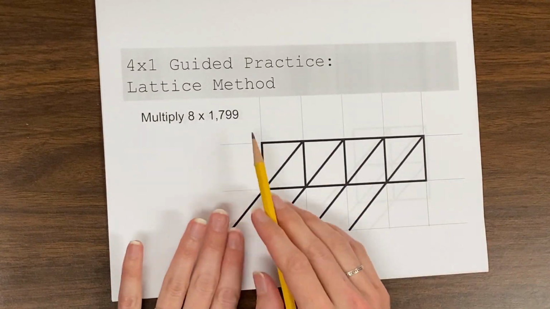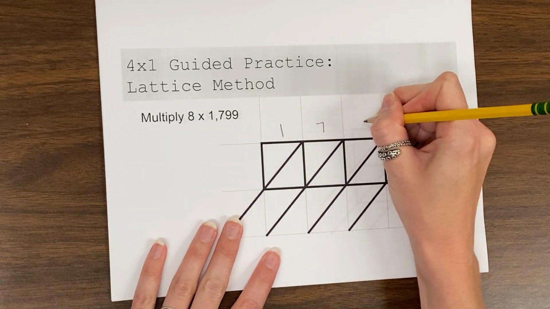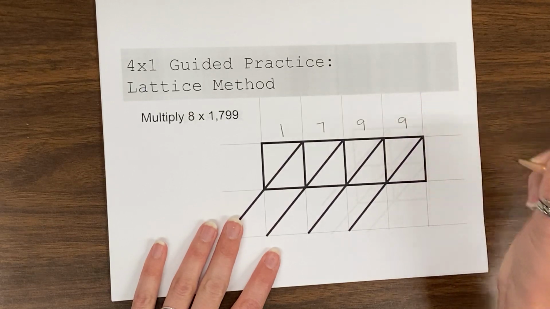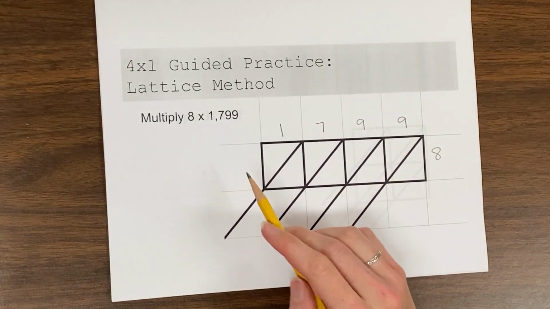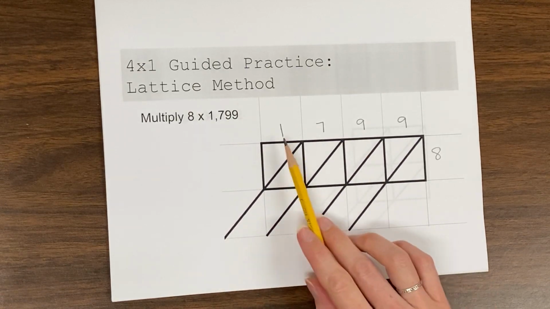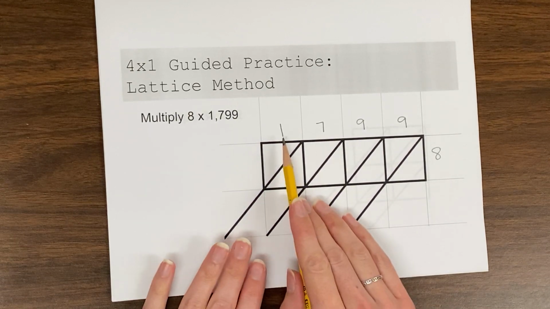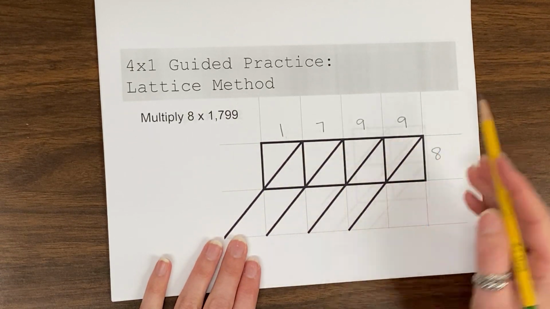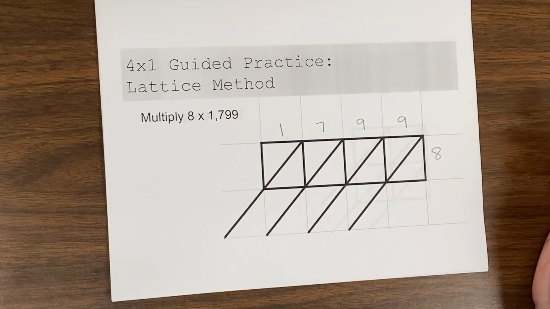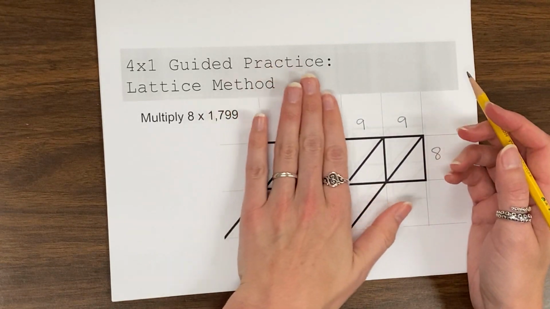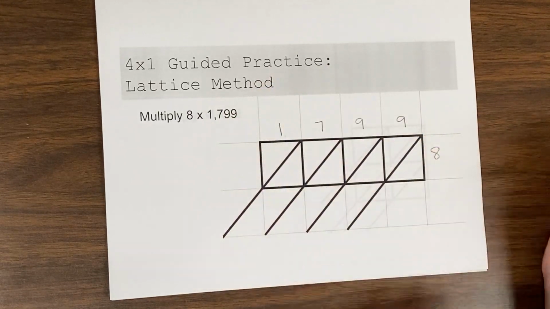model. So remember, with lattice, I'm only writing the digits. So if you remember when we learned area model, we expanded those numbers out, whereas in lattice method, we are only using just the digits from each factor. So our first factor will go across the top, our second factor will go along the right side on the outside. So then we're going to go through and we're going to be multiplying these digits together to get our